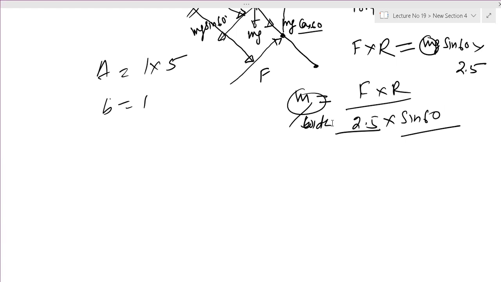Tomorrow's topic is hydrostatic forces on a curved surface submerged in a liquid. Please read that, or try to understand and solve problems also. Then tomorrow we'll complete hydrostatic force, and again we'll start buoyancy and center of buoyancy, force and center of buoyancy, and the equilibrium and metastable equilibrium. All these metacentric heights we'll understand. Okay, thank you so much.